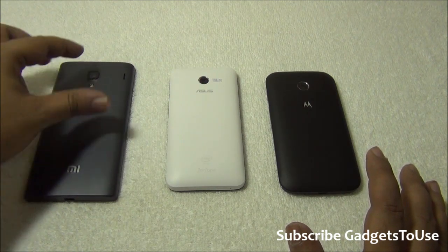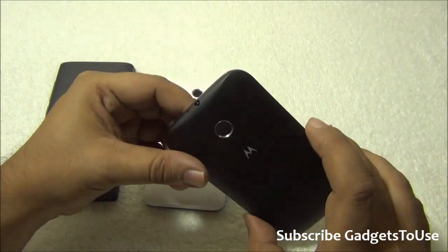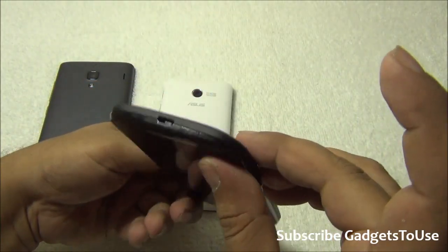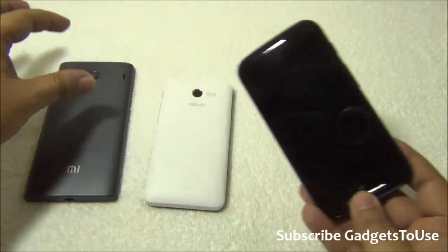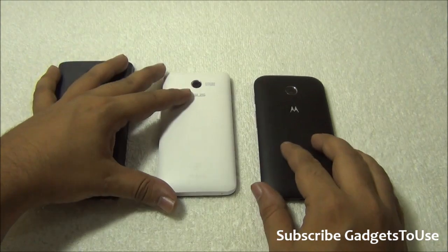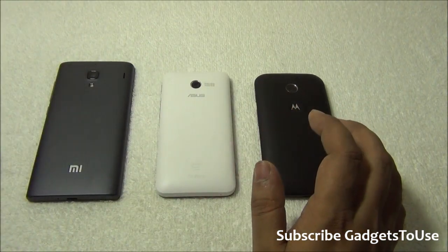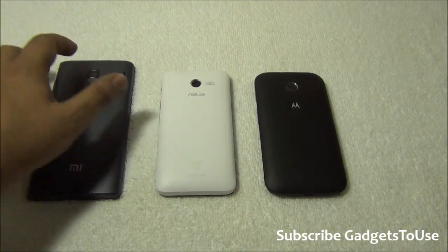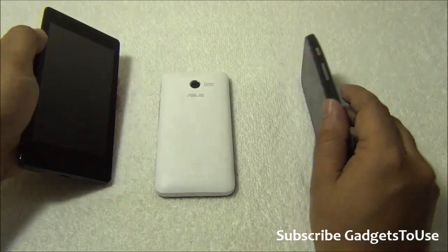We do have a secondary microphone on this device, whereas on this device we do not have a secondary microphone, and on this one we do have a secondary microphone as well. So there is a secondary microphone on this one as well as on this one. So in terms of noise cancellation, these devices will be better as compared to the Zenfone 4. One more point which makes the Redmi 1S the winner out of these three phones is the